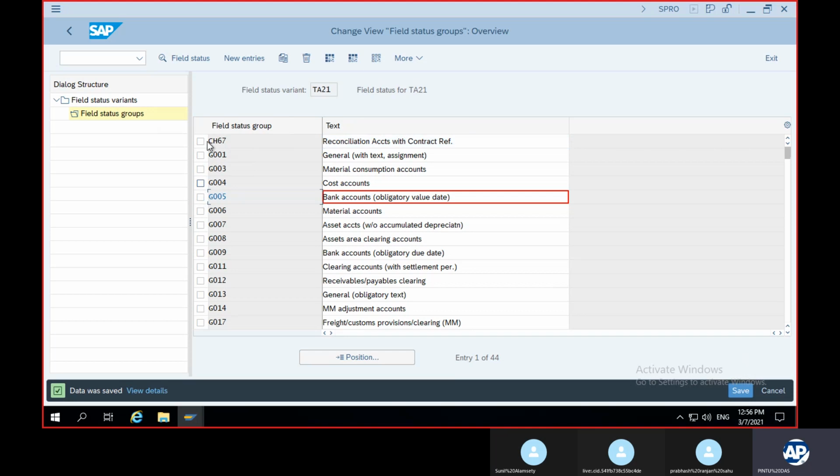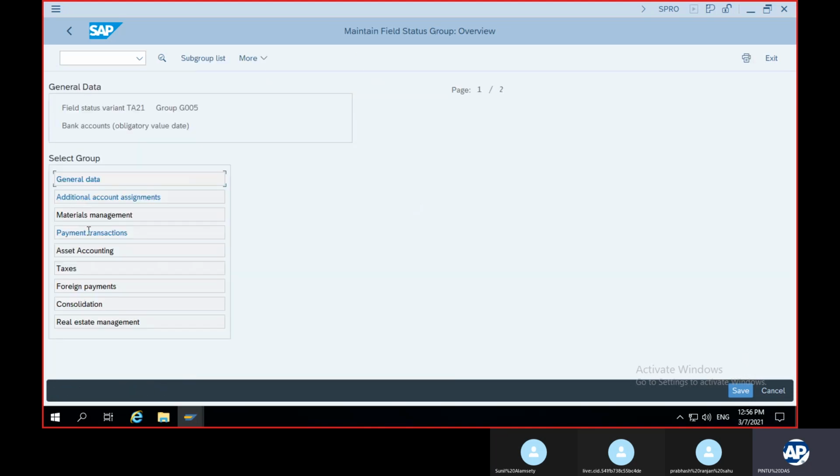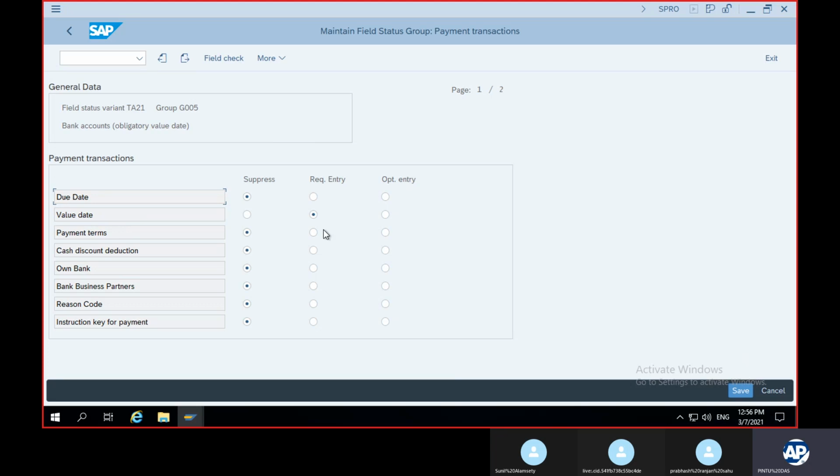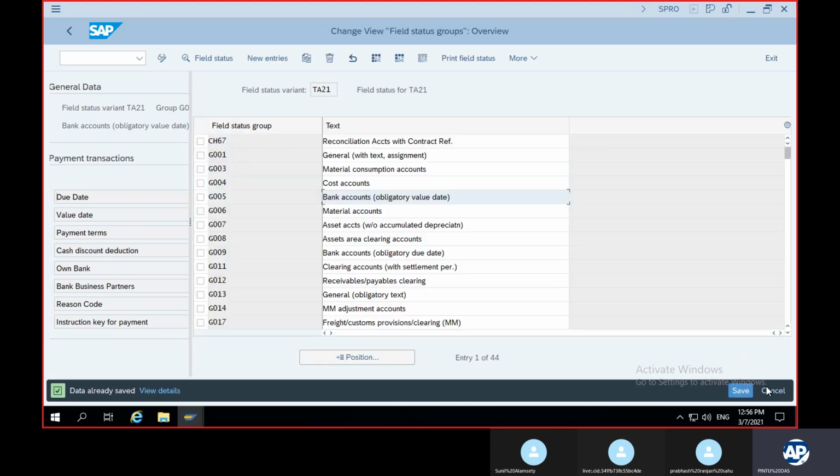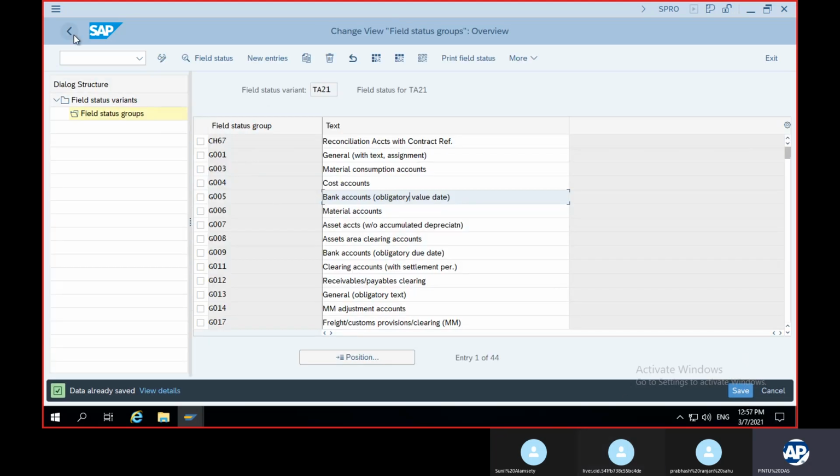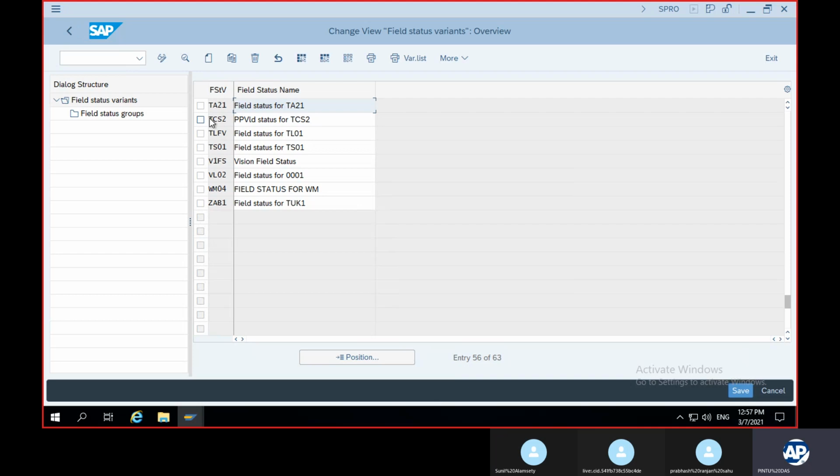So you can click as per your requirement and make the changes: which one you want to suppress, which one you need to add. Value date, payment terms. Payment terms I've suppressed, I'm not changing it at the moment. As per the requirement, I will do it. So this is about the field status variant.